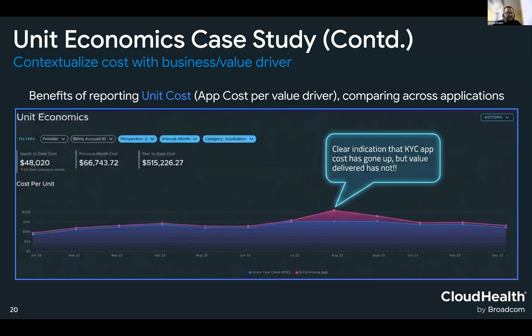That means some ASG would have fired inadvertently, which is not adding any value, because it has not increased the number of users hit, number of API calls, or number of customers served. Those have not increased. That means there is some optimization needed, and that's what we would like to hint towards, beyond absolute cost. So this is another angle we want to take on the optimization side, apart from the virtuous cycle which we discussed.